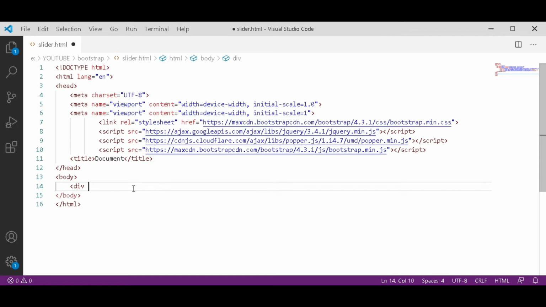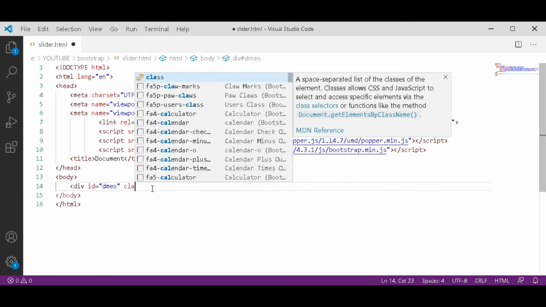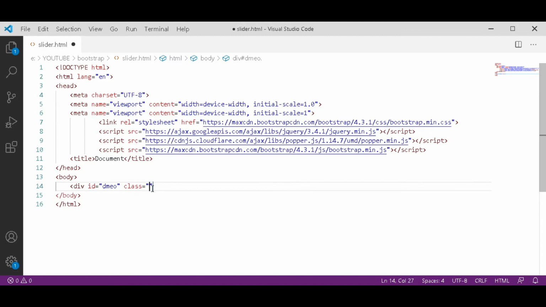Now in this div, give it the ID demo. Here you can type anything, it's up to you. After that semicolon, space and a class, carousel slide.